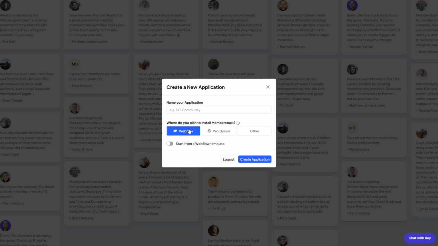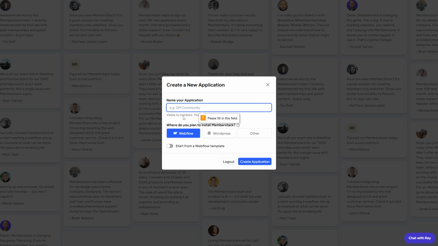First things first, you'll need to create an account on the Memberstack website. Head over to their site and complete the sign-up process. This step is straightforward and involves providing your basic information to get started. Once you're logged in, you'll gain access to a user-friendly dashboard where all the magic happens. Take a moment here to familiarize yourself with the dashboard, as it will be your go-to spot for managing your